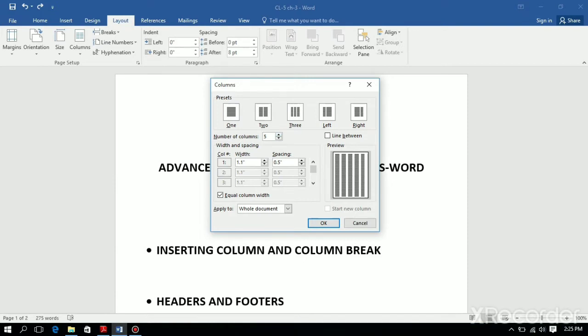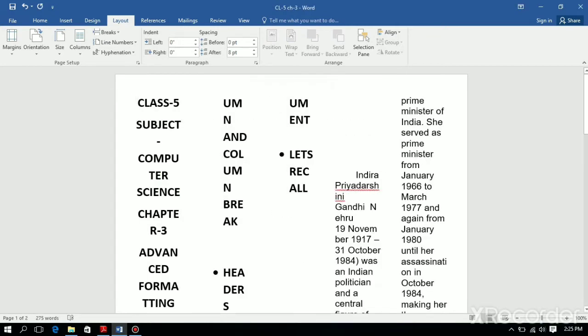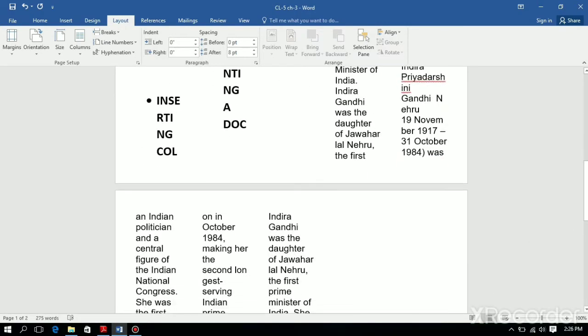Okay, column with equal spacing, apply to whole document. So we have selected whole document, and then click OK to see 1 2 3 4 5. There are 5 columns.